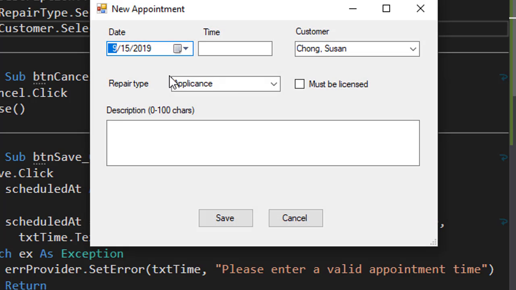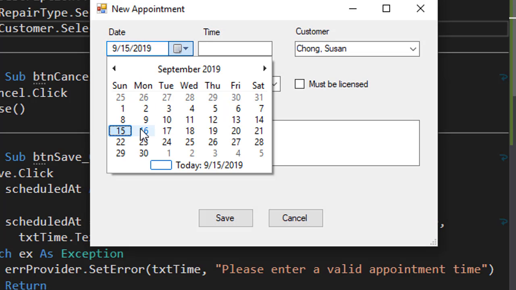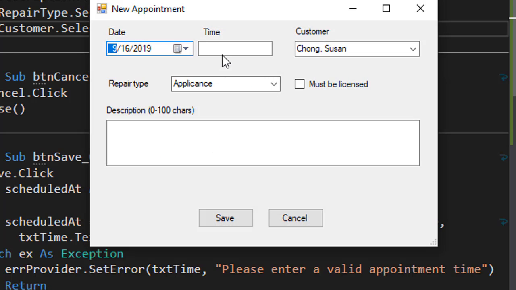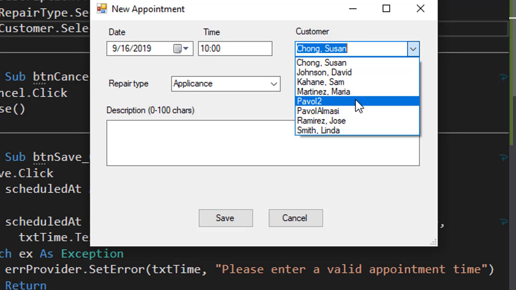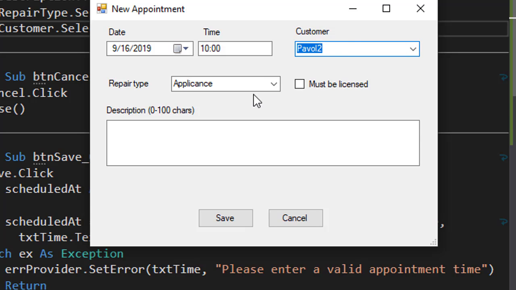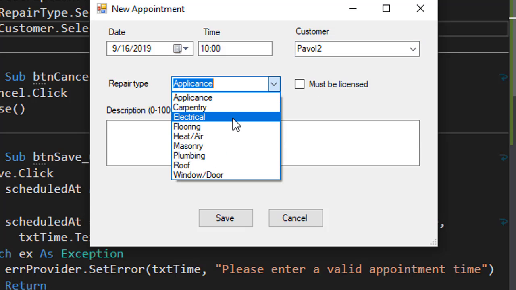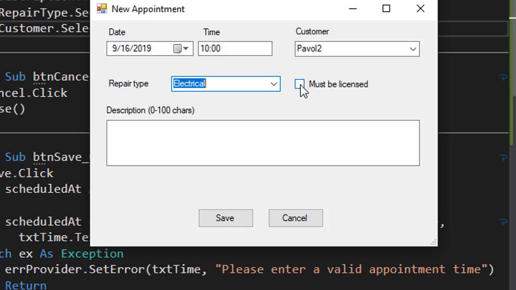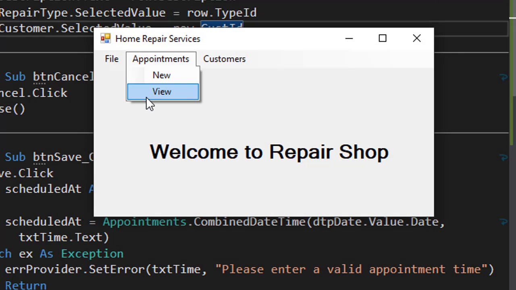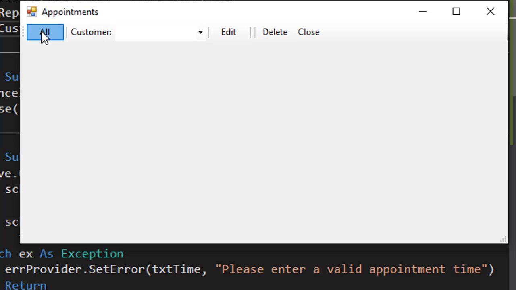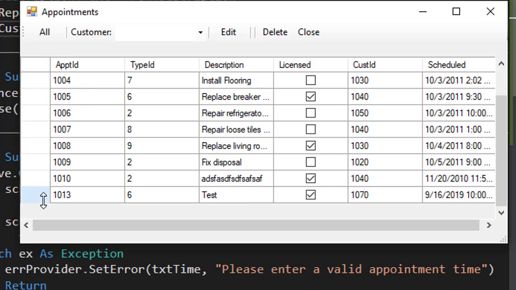So I'll click New, and I'm going to add an appointment for tomorrow, which is the 16th of September, and the time can be, let's say, 10, and for customer, I'll assign a customer Pavel 2, and the repair type I'll assign electrical, and let's say I want the repairman to be licensed, and the description just test, for example. Click Save, and now when I go to View, Appointments, and click All, down here is my